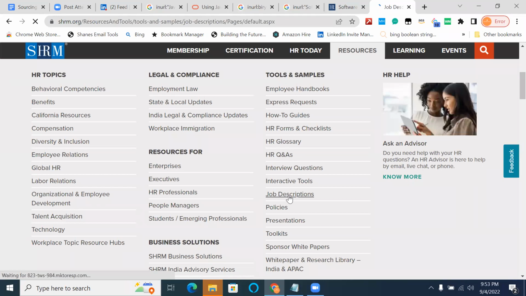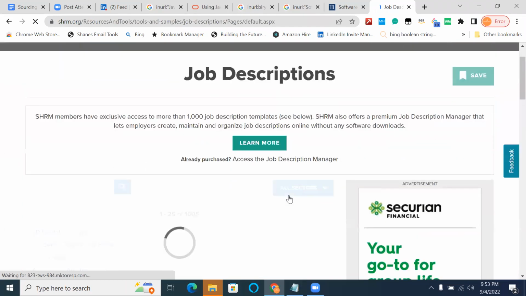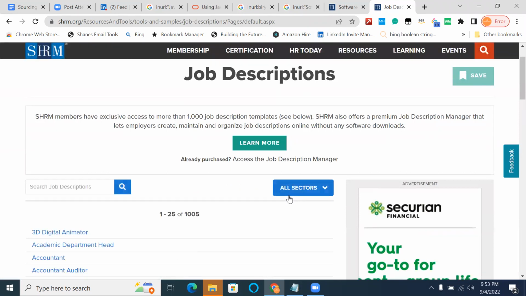So these are the folders. The forward slash represents folders.